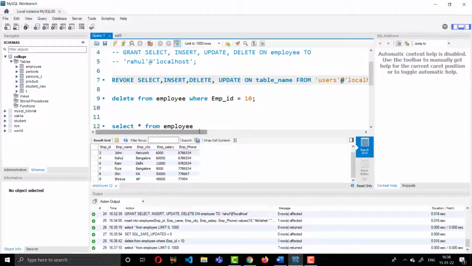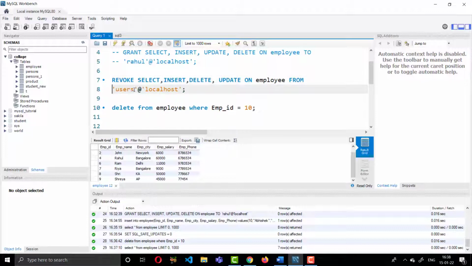Here give your table name, that is employee, and I'm giving it for the Rahul user, Rahul at localhost.